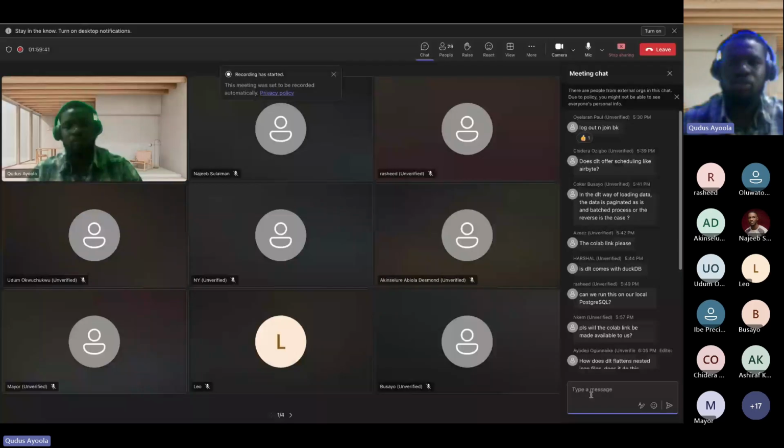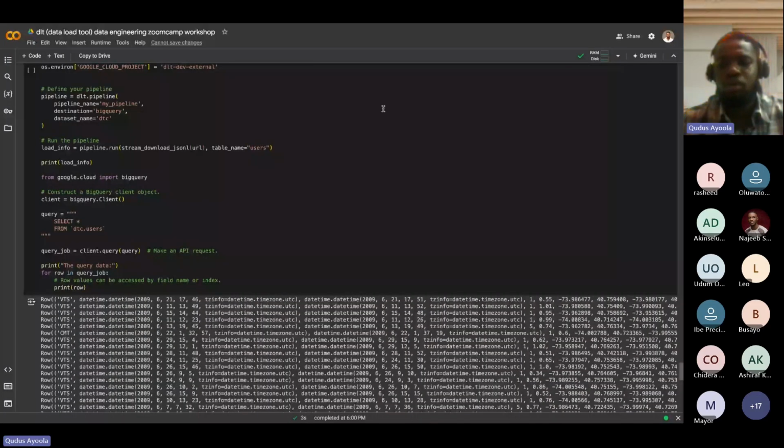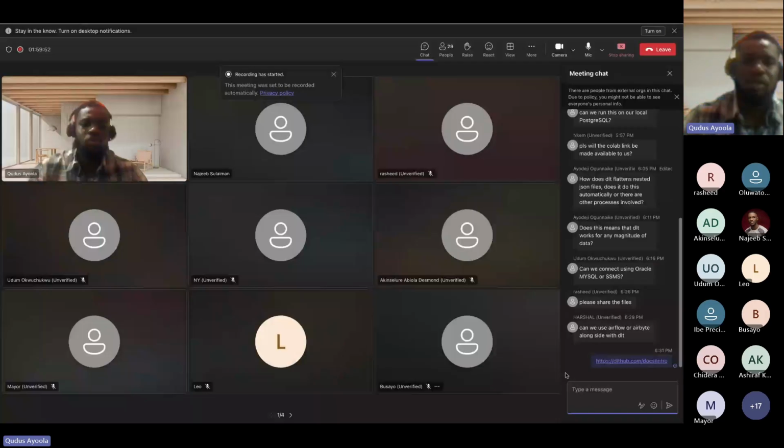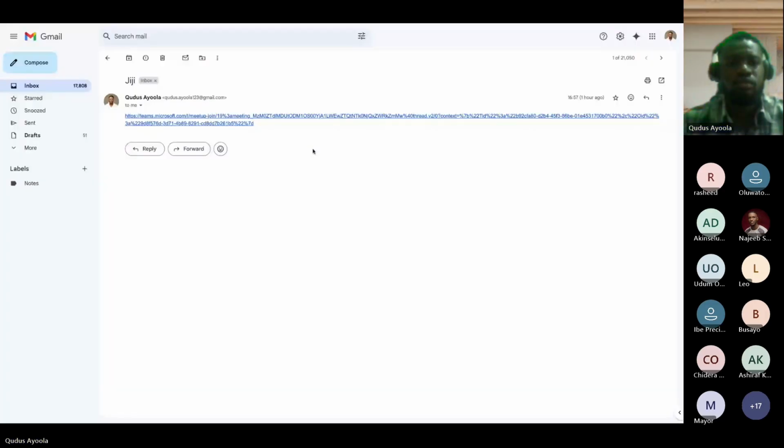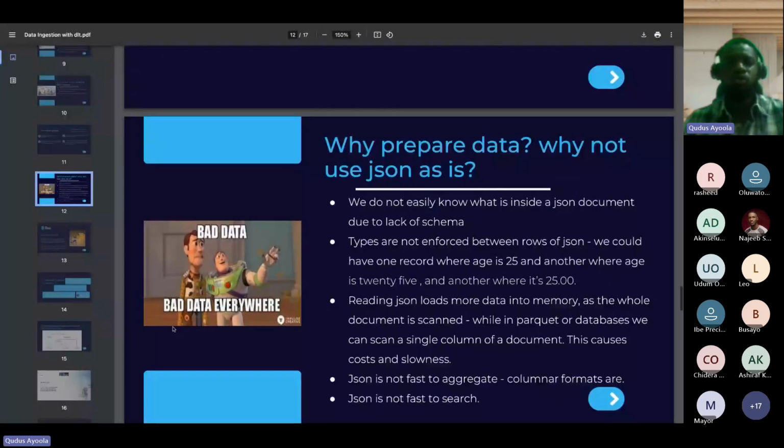So I'll send this documentation. I'll send this Google Colab link, and I'll also share my slide again. So basically, right here, where do you go from here?